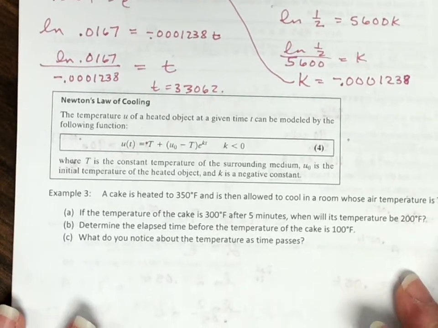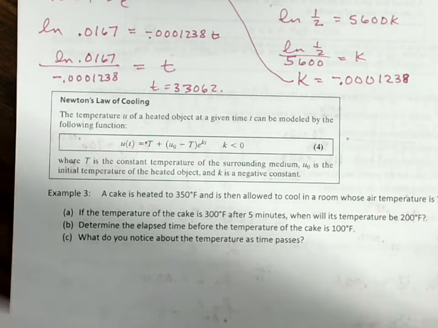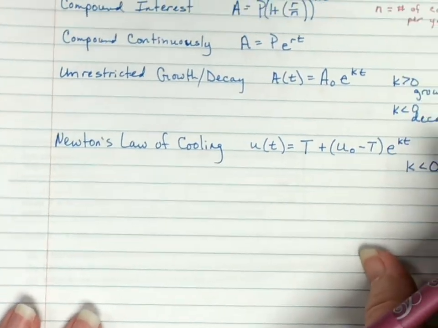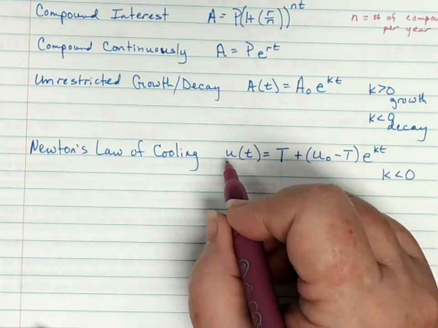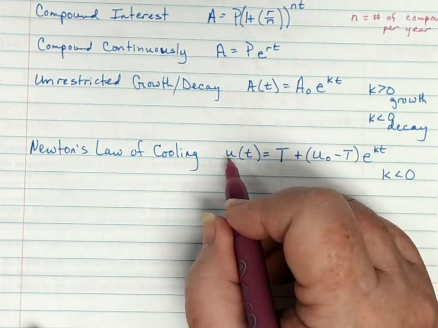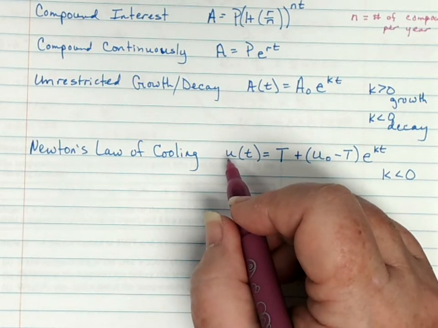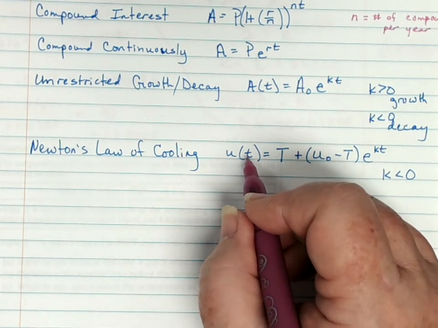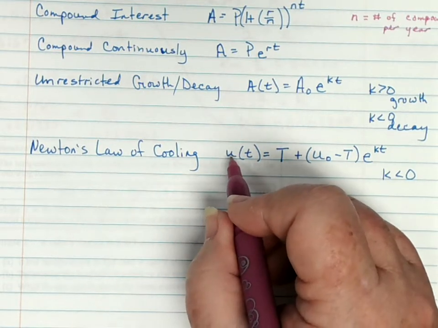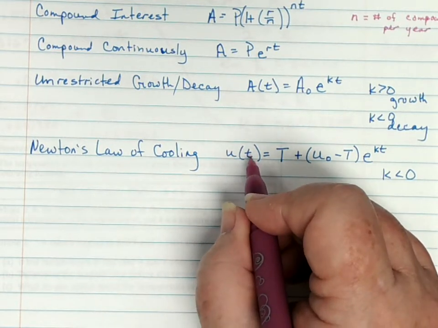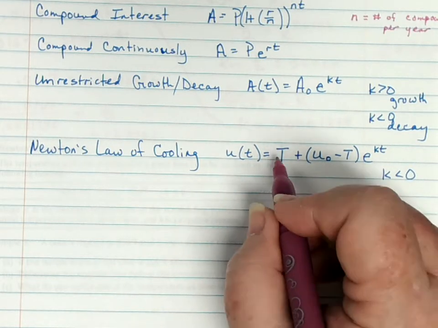This last problem uses our last formula from the sheet, and the last formula on the sheet was Newton's law of cooling. There's a lot of variables in here, so let's talk about it for a minute. The U in this particular problem is related to the current temperature based on the amount of time that your object has been cooling. So this is the temperature as a result of time equals, the capital T stands for what we call the